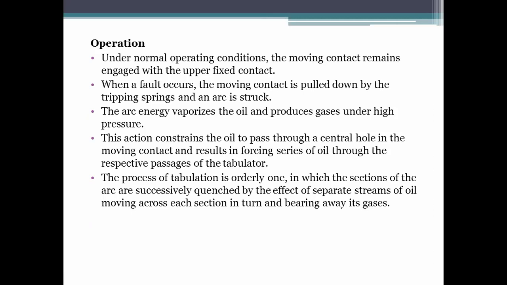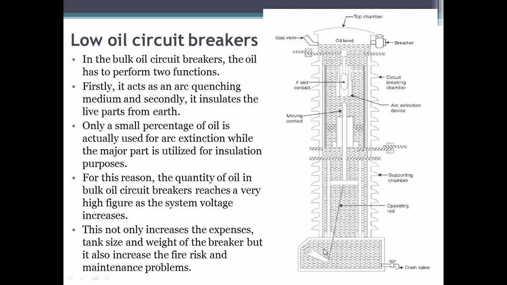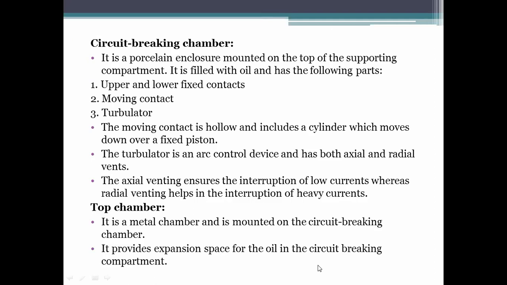So, operation of the circuit breaker. Under normal operating conditions, the contacts remain engaged with the upper fixed contact. Means the two contacts are close together under normal operating conditions, and when a fault occurs, the moving contact is pulled down by the tripping springs and an arc is struck. Here this spring is there. So when that fault occurs, this moving contact will move down, and the arc will